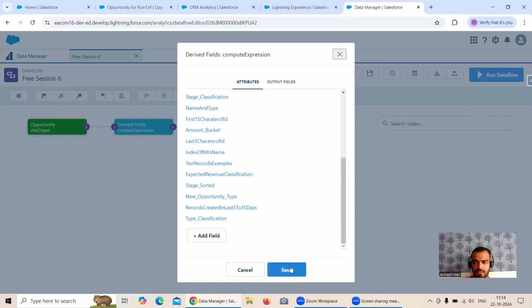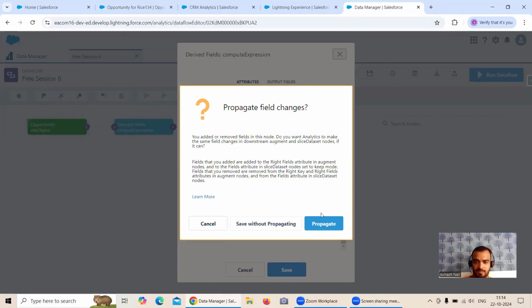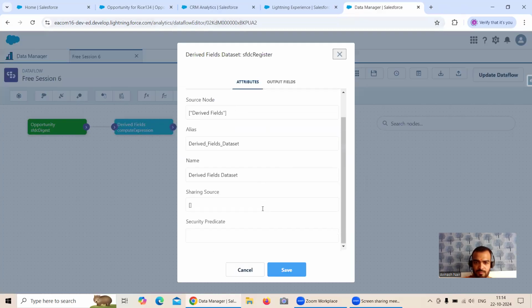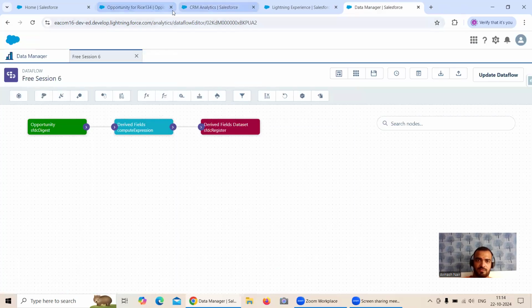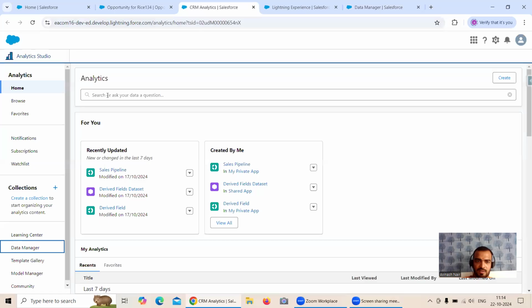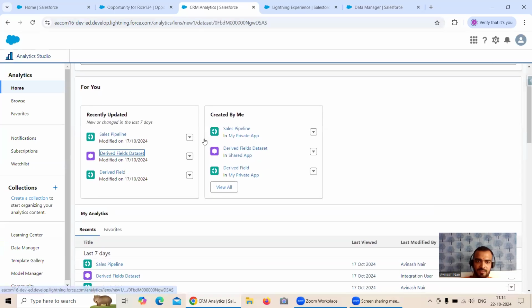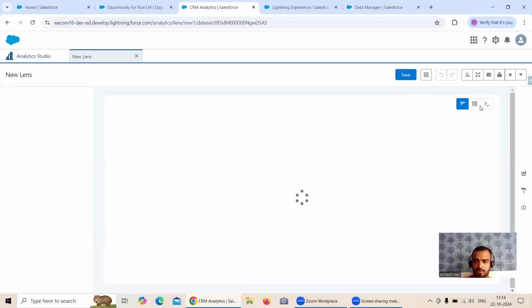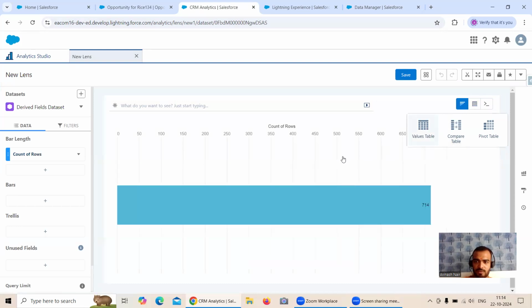I think this is fine. Is there anything else which I wanted to show you? So, type classification. Okay, and one more thing is, usually when you see this data set, if I open derived fields data set, let me quickly jump back to the values table,